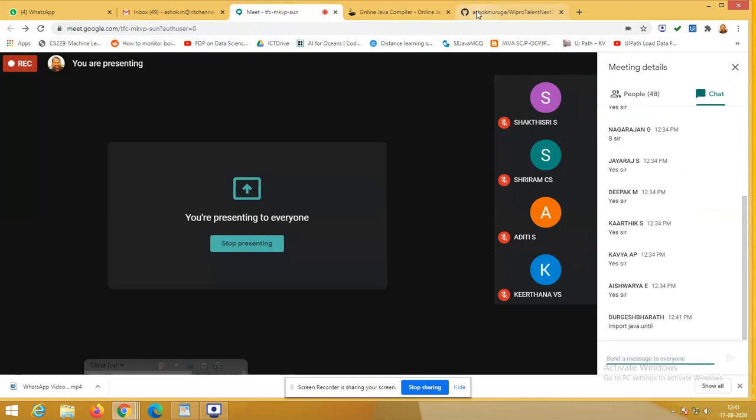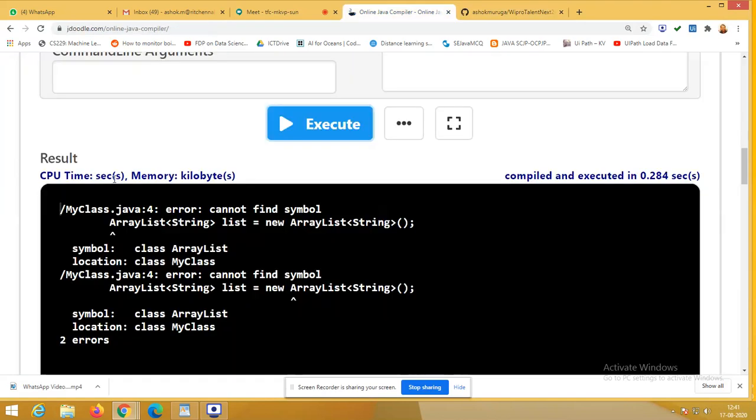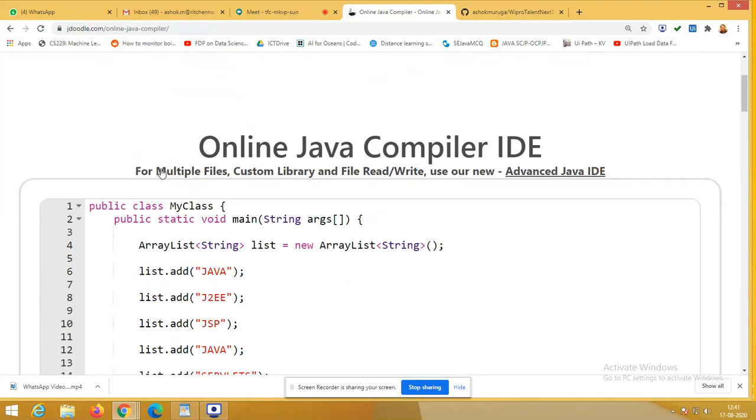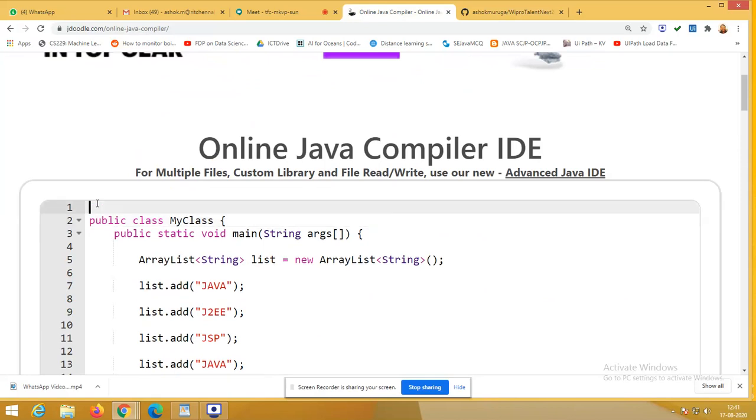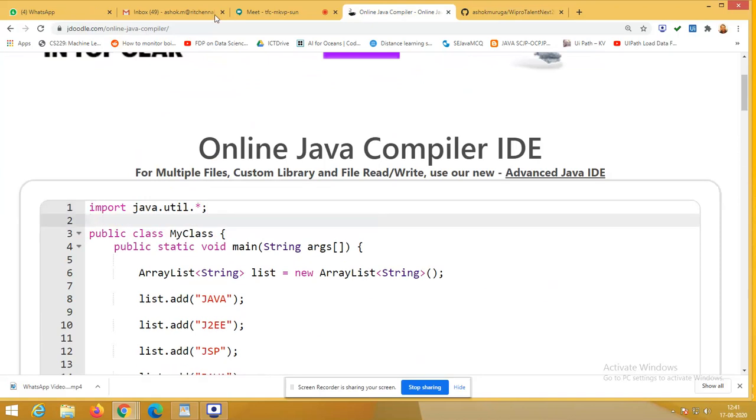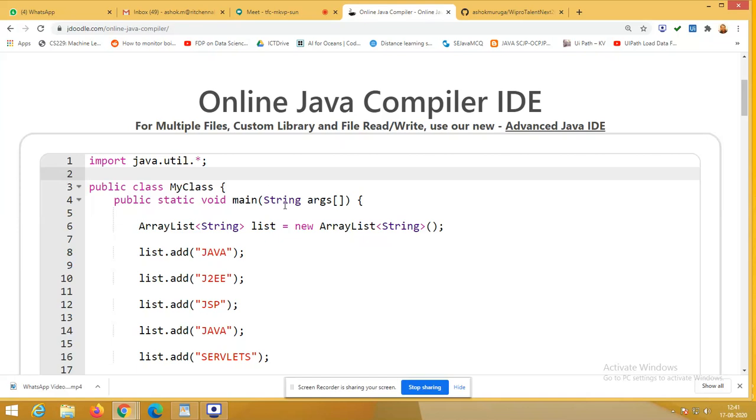Very good, Durgesh. Because ArrayList is available inside the package util, here I have to import java.util.*. So that's the case.